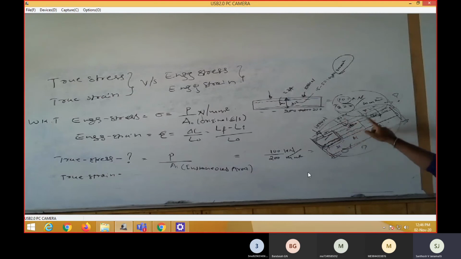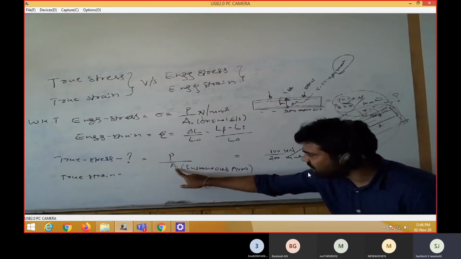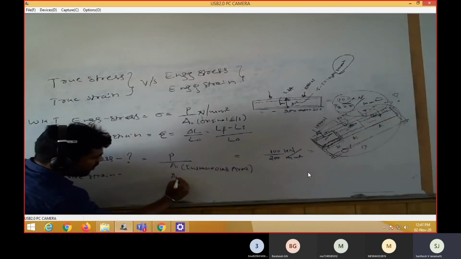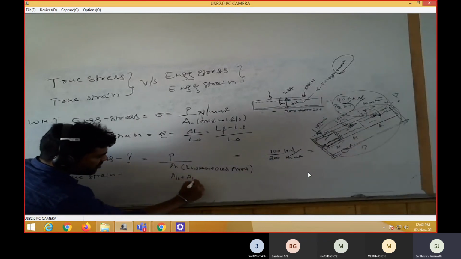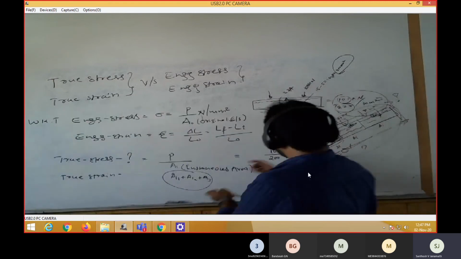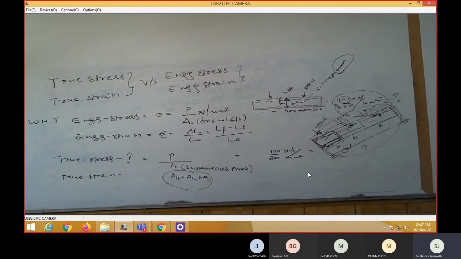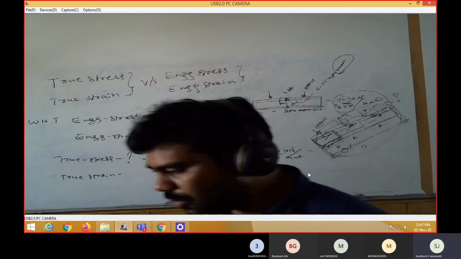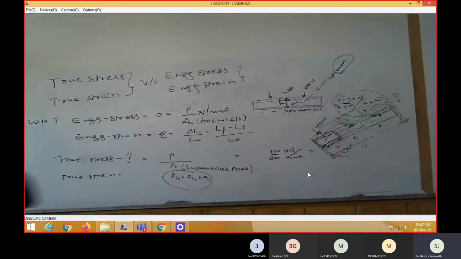At the second load, what is the area? And at the third load, what is the area? That is what we call the instantaneous area. Instantaneous area 1, because first load, first portion, instantaneous area 1 plus instantaneous area 2 plus instantaneous area 3. So the average of all these three. Now I know the total deformation and total behavior of this structure and machine component.